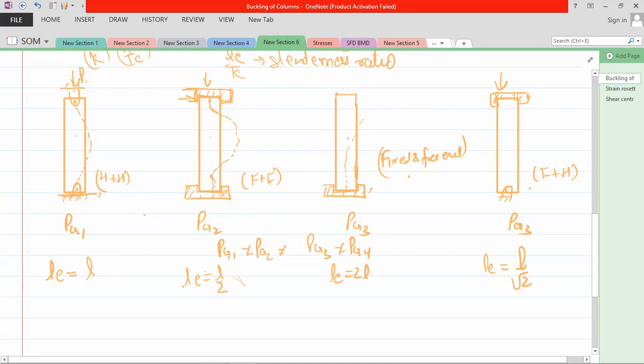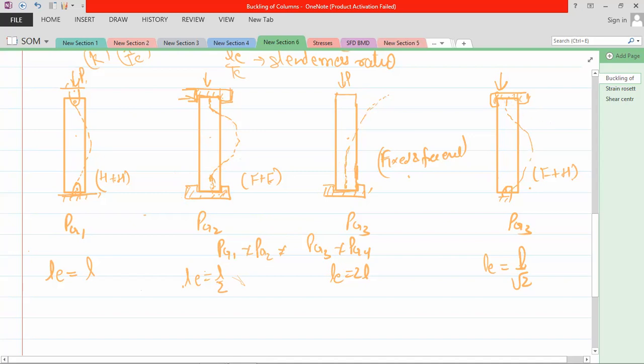Okay, this is your P force acting, and at this condition, because these are captured, it will not buckle. So it will be like this. The buckling would be like this up to the end. So the buckling is like this. Okay, so these are the values. What is the meaning of that? Both ends are captured, so initially no buckling, and after that the buckling will be there. But here you can see that initially no buckling, after that the free end is going like this.